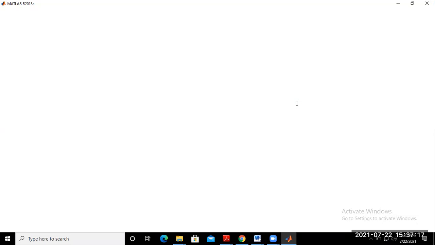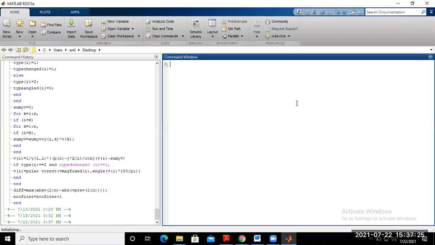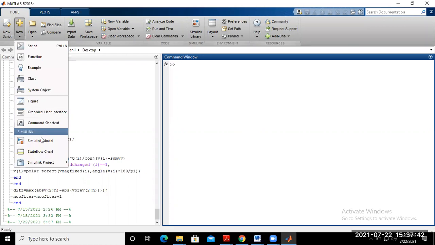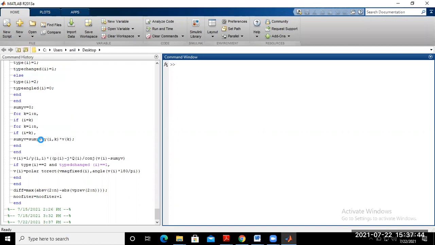Rahul, what are the different components we require for simulating this circuit? So this is the first interface of MATLAB. Now we want to create a new workspace. So again go to this point and create a new model. Go to the Simulink model. Now create here one new workspace.